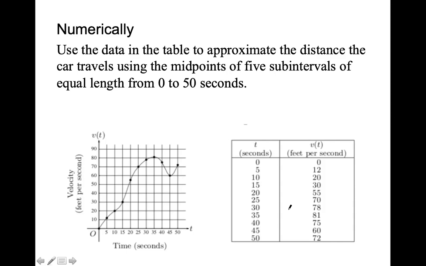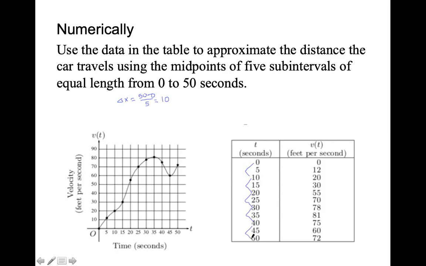So we have the midpoint of 5 subintervals, and we're going from 0 to 50. The width of these rectangles, first of all, is going to be 50 minus 0 divided by 5. So 50 divided by 5 is 10. So each subinterval is 10 units long, right? So my first one, I'm going from 0 to 10, then 10 to 20, 20 to 30, 30 to 40,